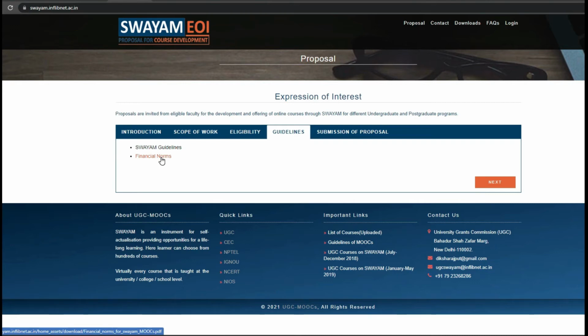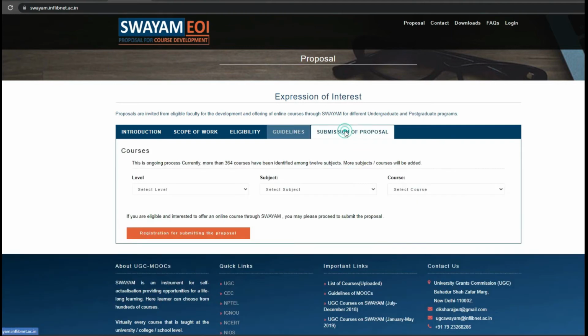See, everything will be recorded by the regional center. You need not do anything, need not worry for that. You just have to submit the course. When the approval comes, the regional center will call you. You go there. They have all the preparations for recording, and they have really good preparations in every regional center. So they will inform you where your regional center is, and you have to go out there and record videos. The only thing is, you just have to choose what subject you want. That's all.